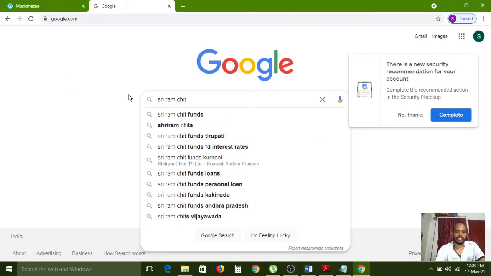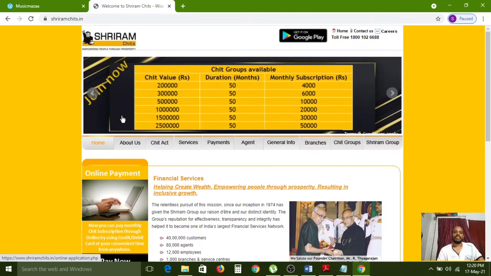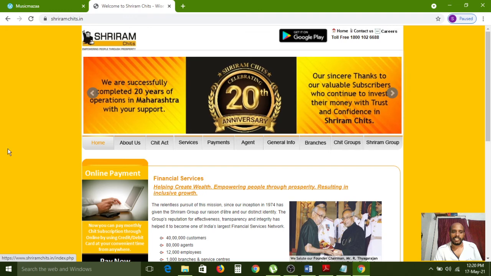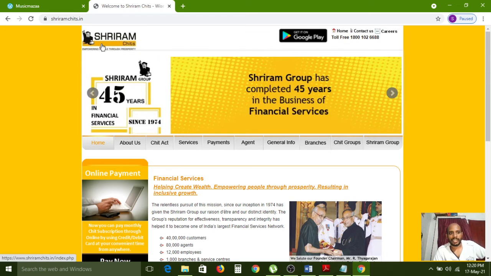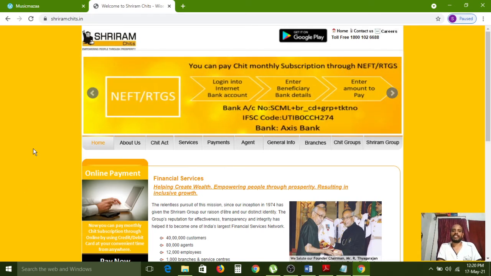Sriramchits.in. Okay. Sriram Chits is indicated with yellow color, because the logo content of Chits is what color? Yellow color. So that's why the website has also applied yellow as the background color. They're giving priority to this color because that is the company color.